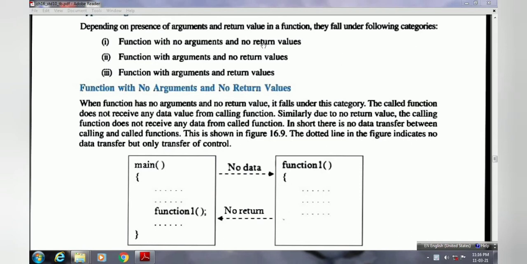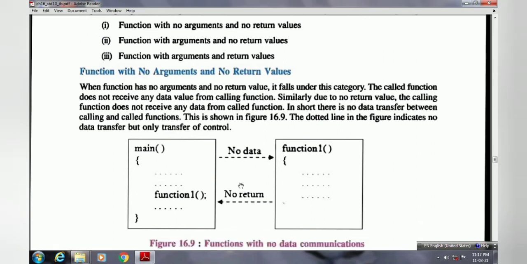Next is a function with arguments and no return value, which means the parameters are there but there is no return value. And the last one is the function with arguments and with return value. In the first type there is no data exchange between our main function and our user defined function.